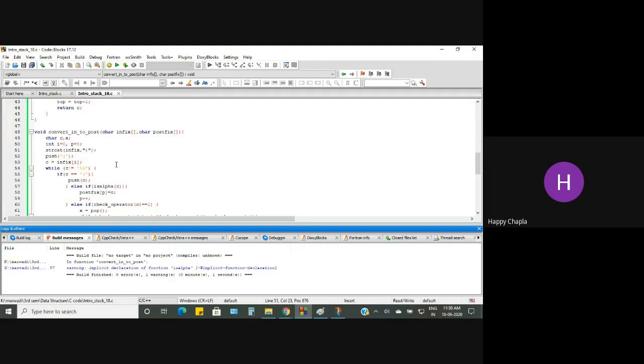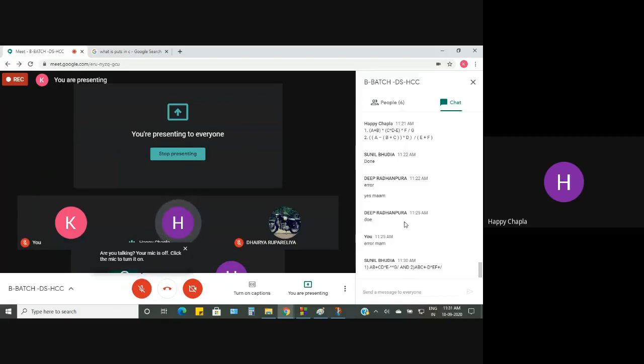Okay. Do one thing. You can just mail the entire code to me. I'll check the code and mail back to you what is the issue in the code. Okay. Because you have to take the break, right? It's 11:30. That's why. Right now, just mail the entire code to me so that I can solve the error and reply back to you in the same mail.